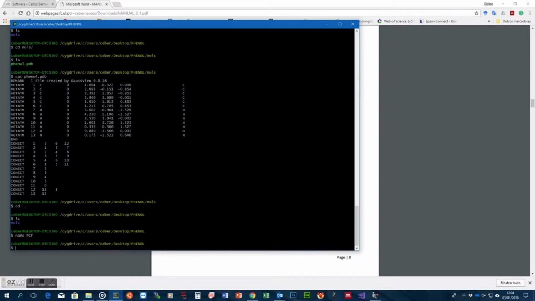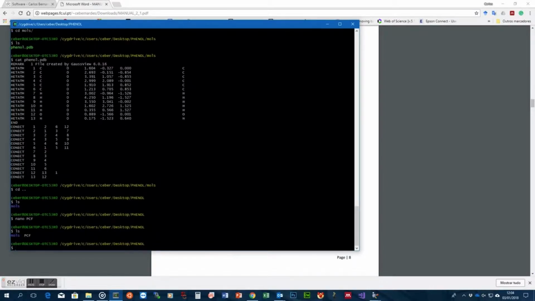So now I'm going to save it, and now I have an input file with the coordinates for my molecule, and I have the PCF file, and now I can convert the PDB file that I created with GaussView with DLPGEN to create the gen file. And to do that, I will just run DLPGEN